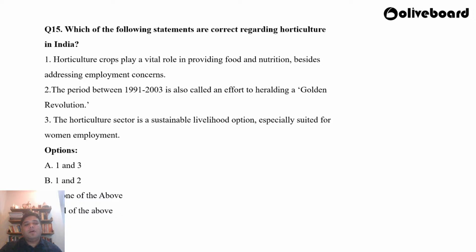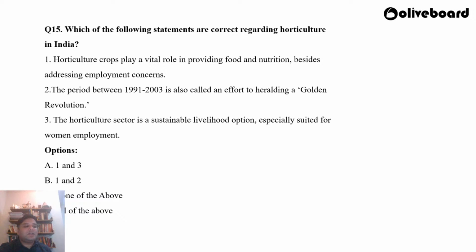Statement number 1. Horticulture crops play a vital role in providing food and nutrition besides addressing employment concerns. Statement number 2. The period between 1991 2003 is also called an effort to heralding a golden revolution. Statement number 3. The horticulture sector is a sustainable livelihood option, especially suited for women employment. So the options are A 1 and 3, B 1 and 2, C none of the above, D all of